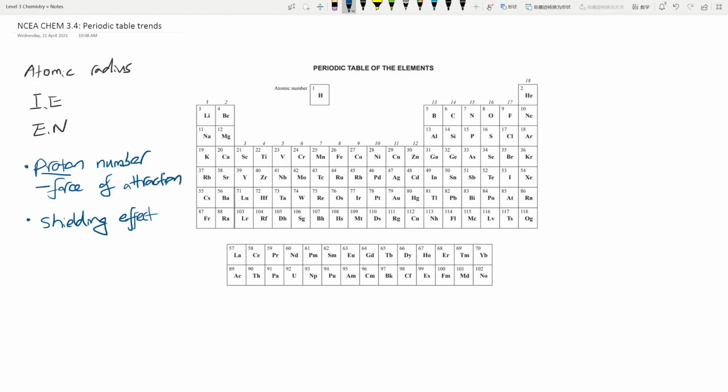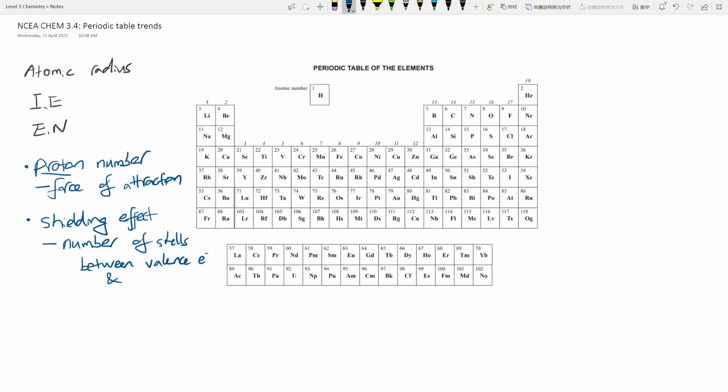Okay, so the more layers there are, the more shielded that student is, because that person is furthest away, because there are more people in between the teacher and the student, which shields that person away from the teacher. So if that guy decides to bunk and run away from school, the teacher can't get him, because the people sitting in between are shielding that person from the positive nucleus. So the shielding effect is looking at the number of inner shells, so the number of shells between the valence electrons